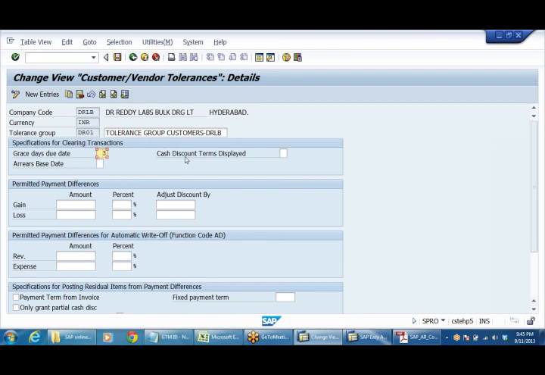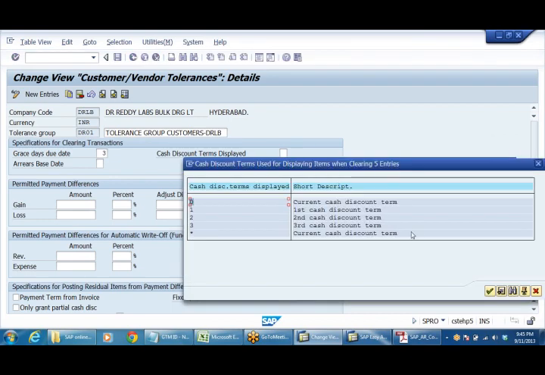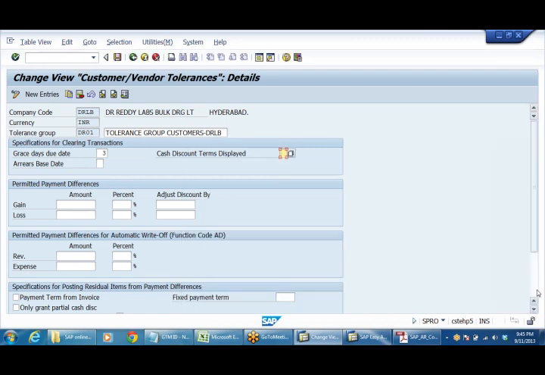So like that, cash discount, terms displayed. See to whom we can give cash discount, to whom we cannot give any discount, right? Say current cash discount, first cash discount, second cash discount. Depending upon the group of customers, I can define tolerance. For one group, if the rich customers are there, I don't give any grace days, and my pricing may be different depending upon the location. If I classify the customers as medium, etc., then I'll be giving more liberal terms, etc., to facilitate them, right? So that kind of tolerances can be defined.